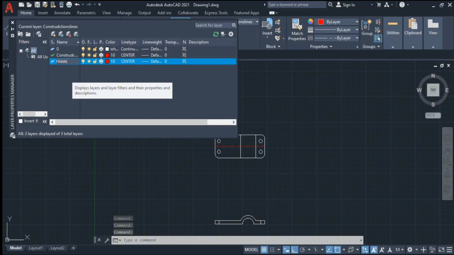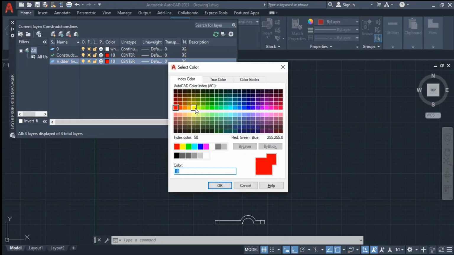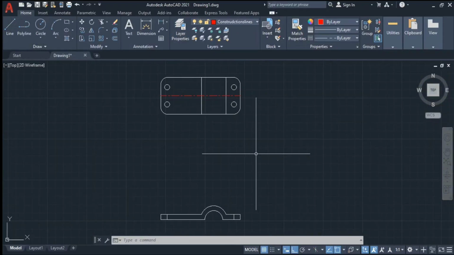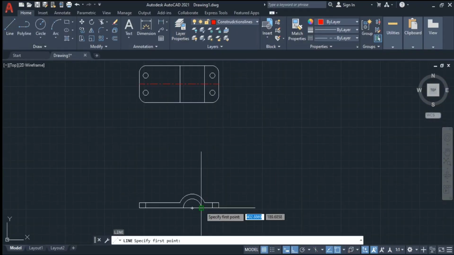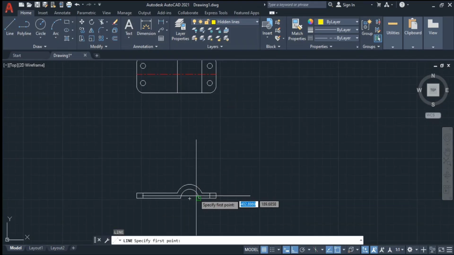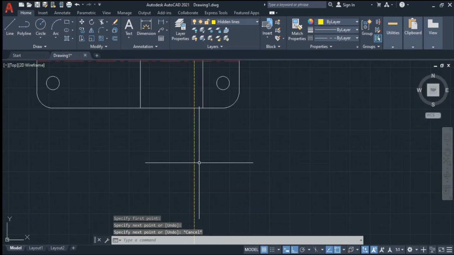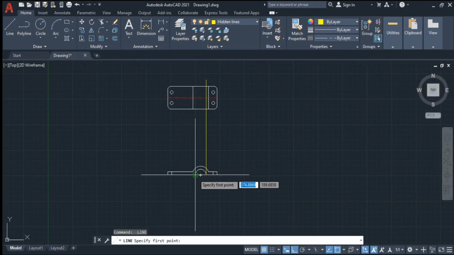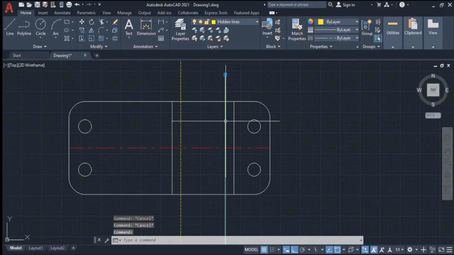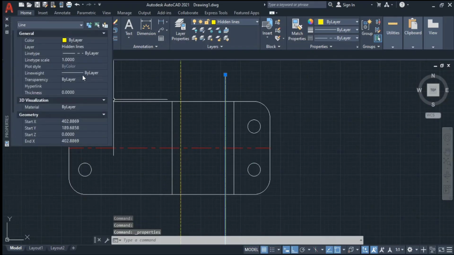Hidden lines. Okay, I want a different color. I'm changing it to L and center line. That's fine. Close this window. Now select L, enter, and change the layer properties to hidden line. L, enter, start point, end point, start point, end point, and choose the line properties, scale as